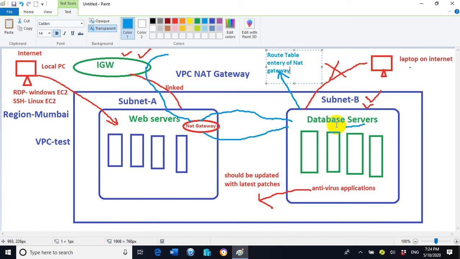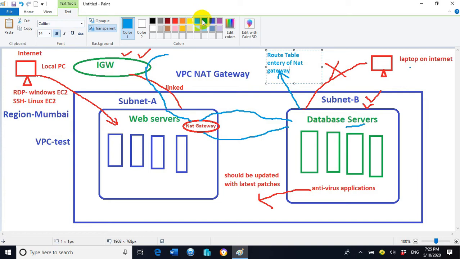In very simple language, incoming internet is possible in subnet B, but outgoing access cannot be possible from subnet B. It means the internet is coming inside subnet B, and all the EC2 instances located inside subnet B are getting the internet connection, but these EC2 instances cannot be accessed from the internet or through our local laptop or local desktop. This is because of the security point of view.